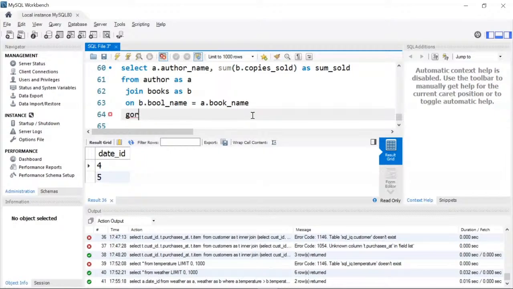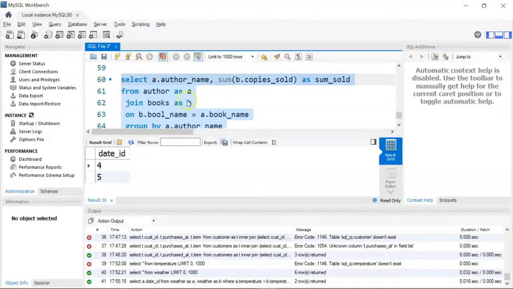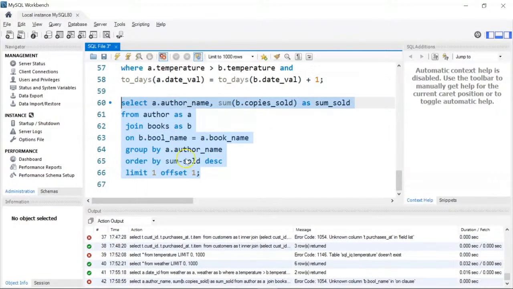Then I'll use a group by clause. I'll write group by a.author_name. Then again I'm going to use an order by clause. I'll write order by sum_sold, and I am going to order it in descending order, so I'll write DESC. I'll set my limit as 1 and offset as 1. If I run this, you will find